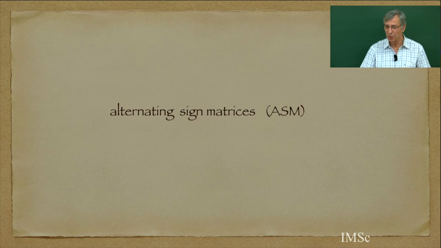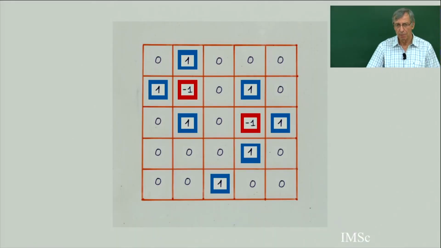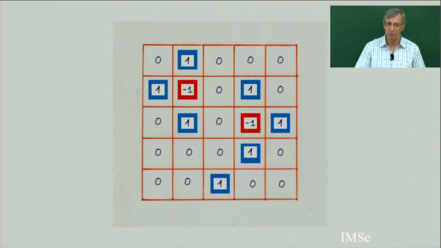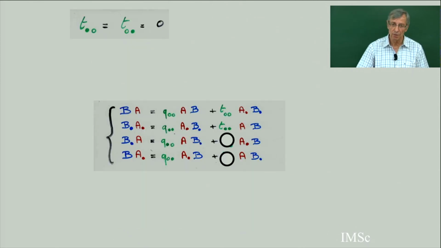Okay, now we have introduced in the previous chapter alternating sign matrices. So they are going to be a special case of such tableaux. You remember alternating sign matrices: matrices with 0, 1, and -1, where the sum of the entries is 1 in each row and column, and the entries alternate in sign. So we can see this also as a two-color tableau. And in fact, this is a special case of the X, Y, Z tableau, where you have exactly the same equation, but we put a 0 in this parameter.